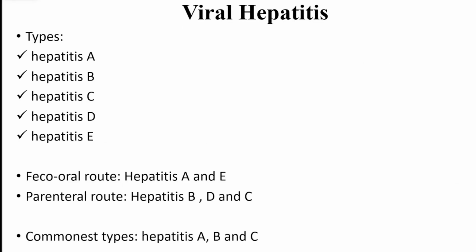So for the types of hepatitis, we have hepatitis A, B, C, D, and E. These are the main types, but the commonest types that we have in our setting are mostly hepatitis A, B, and C. Also from the slide, you can see I've indicated hepatitis A and E are mostly gotten through the fecal-oral route. This simply means that they are gotten